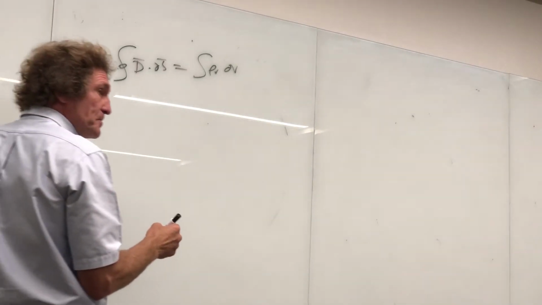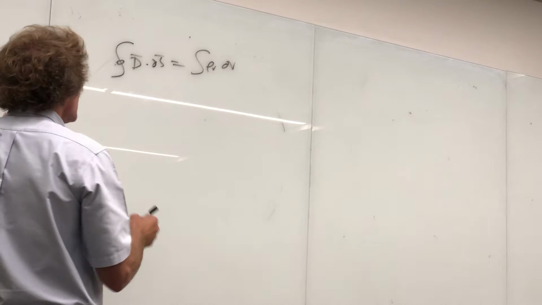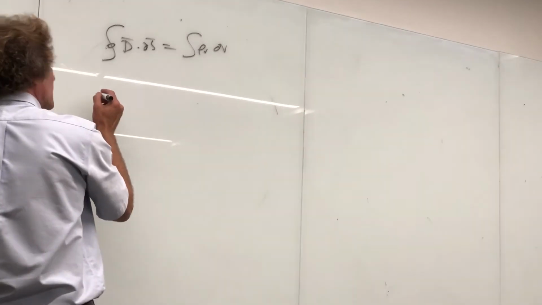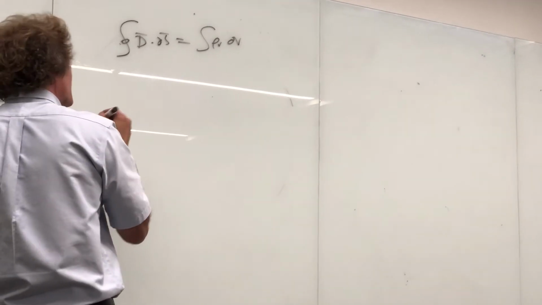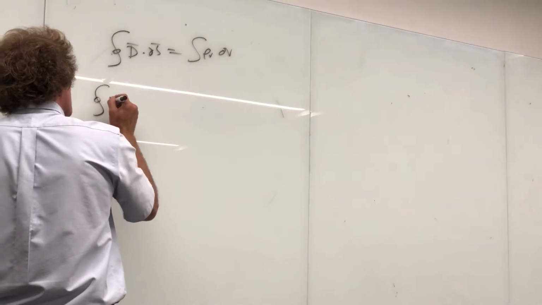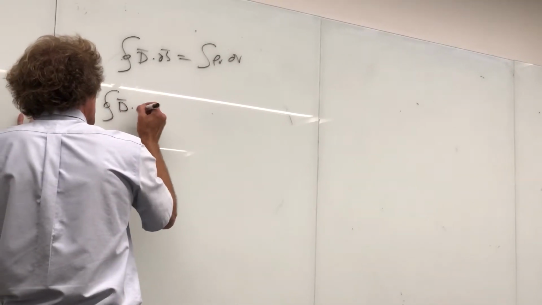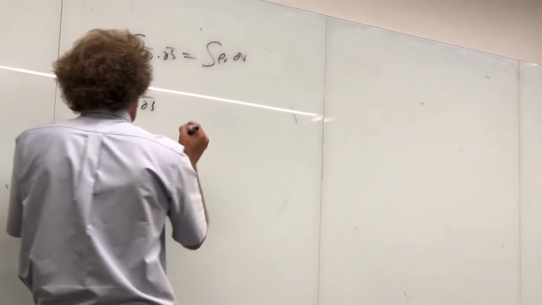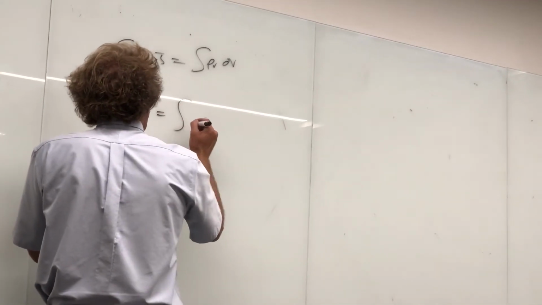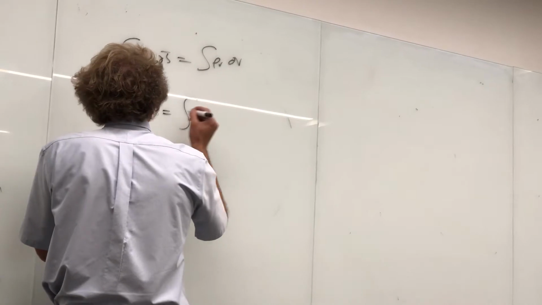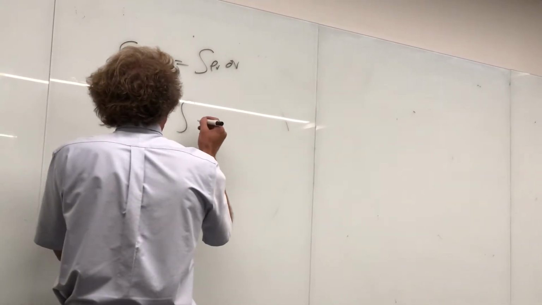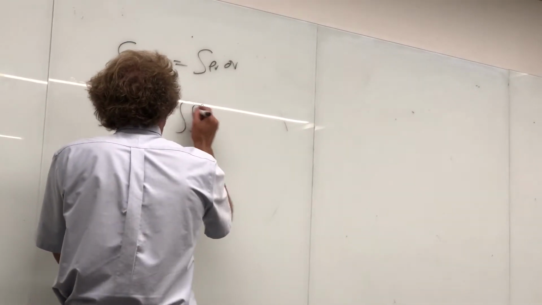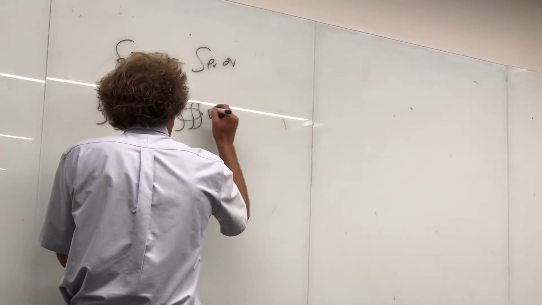There's also something that comes from a mathematical theorem. It's called the divergence theorem. It's the integral over a surface of a vector D dot dS. If you integrate a vector over a closed surface, this is the same thing as integrating, and it's a triple integral, whereas this is normally a double integral. This would be a triple integral over the volume of the divergence of D